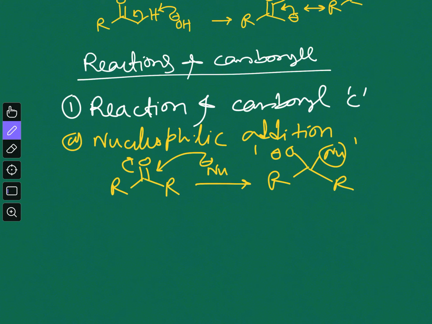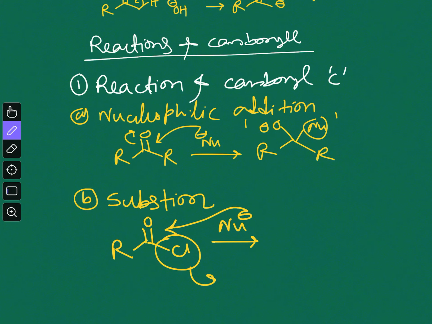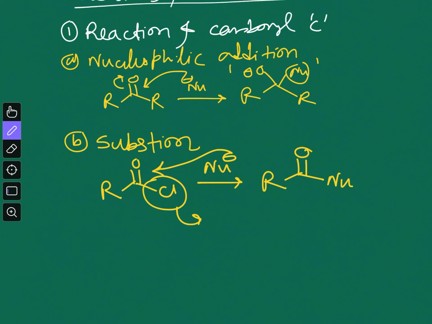Now the second reaction is the substitution, attack on the carbonyl functional group but substitution. That is when you have a carbonyl group, or carbonyl compounds like acid chloride or ester. Then when your nucleophile attacks on this carbonyl functional group, it actually substitutes this chlorine as Cl minus, or any other nucleophile if they are present, it will go, and we will show the mechanism later, but this is the product of this reaction. This is the substitution reaction, and this is the second important class of reaction which involves the carbonyl functional group and the carbonyl carbon atom.